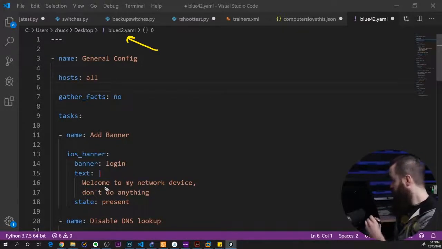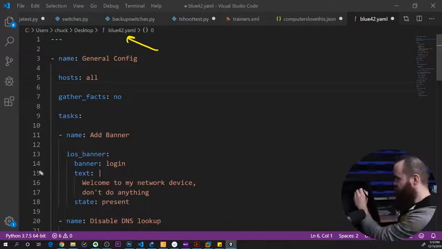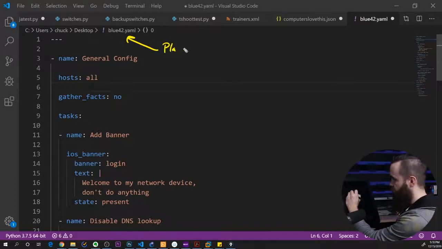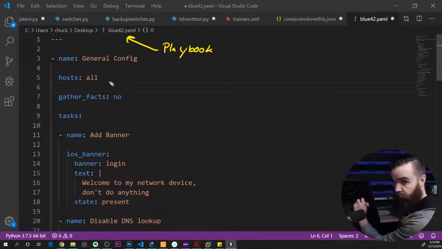Recall that YAML values its space. It needs a space. It's white space. So how much room you're putting between all these things and how you're organizing them determines the structure. If you screw it up, it won't work. So whereas Blue 42 is my playbook, looking in here, the first little section here, name general config, is my